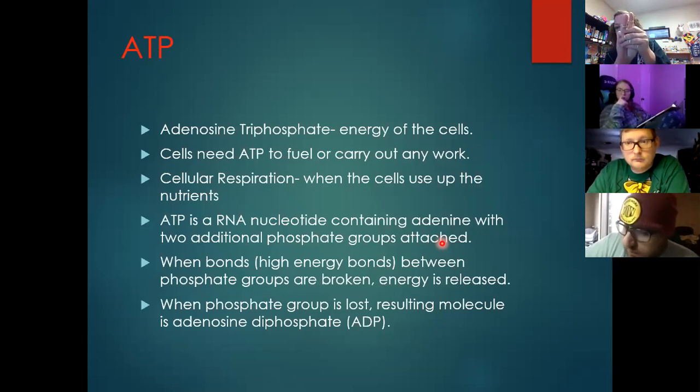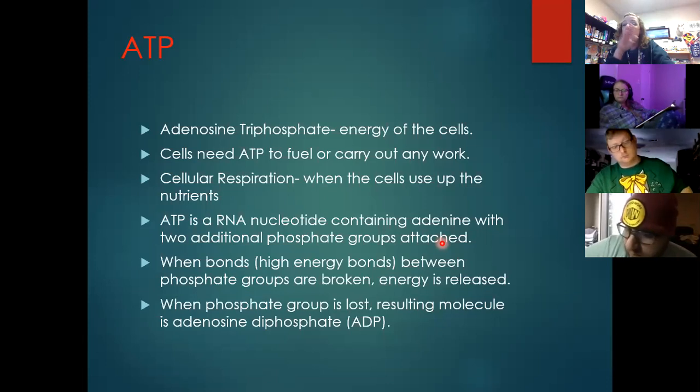Then I come back and I rebond. I break the bond, I rebond, I break. Every time I break that bond, pew, I release a little bit of energy. That's the whole point of ATP. It just breaks a bond between the phosphorus molecules and releases the energy that the cell or the part of the cell needs to do its job. We're going to get into this a lot more in the next chapter.